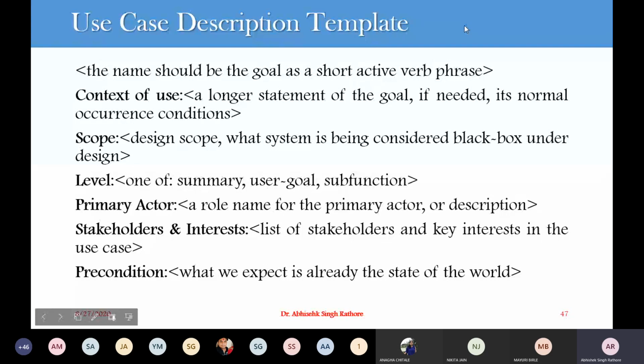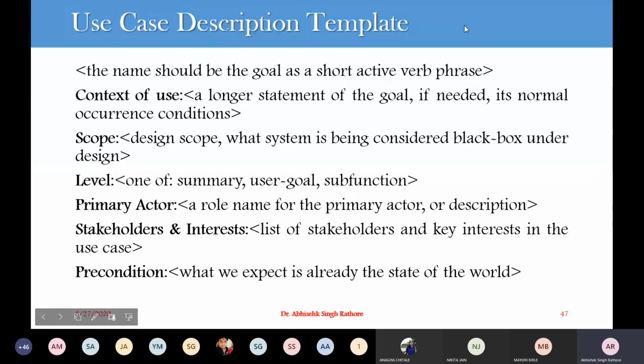Then, again as an optional case, you can add the stakeholders and their interests. You have a list of stakeholders available, or you can add who has a key interest in the use case. It is optional. In some use cases stakeholders are available, and in some cases they are not. Then we have to add some preconditions. So what are the preconditions? For example, when I want to write a review, the precondition must be that I must be logged in to our system.